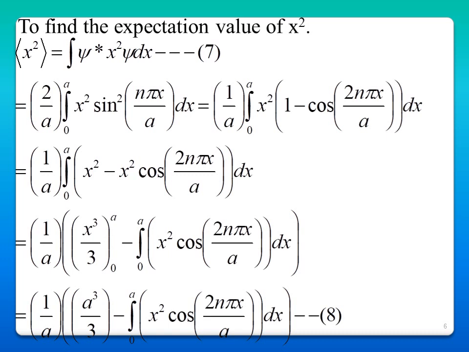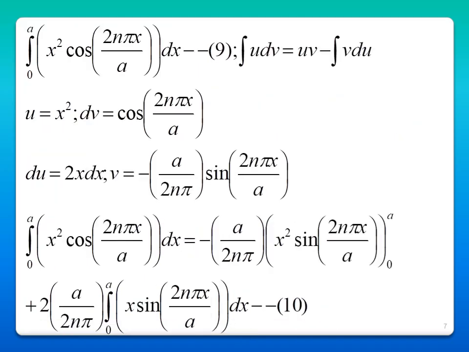Once again you are writing 2 sin squared theta as 1 minus cos 2 theta, and once again integrating, and also you are following the integral u dv formula. Here u is x squared and dv is cos 2nπx by a, and du is 2x dx, and v is minus a divided by 2nπ sin 2nπx by a. And also if you substitute the limit,